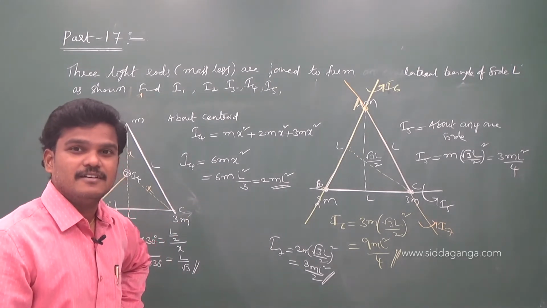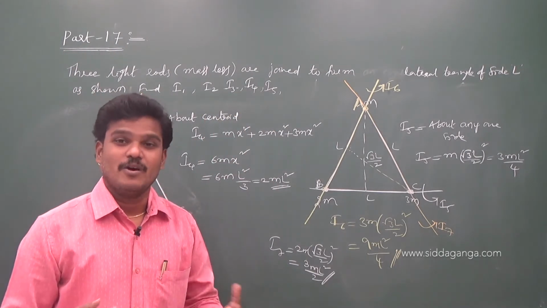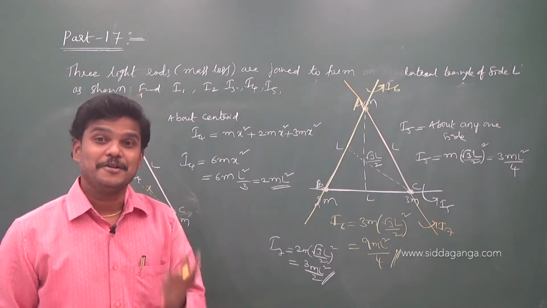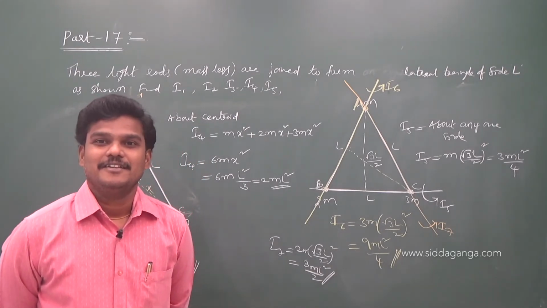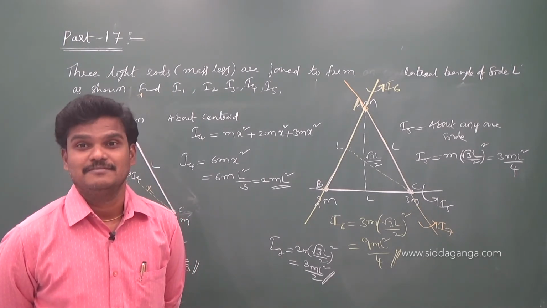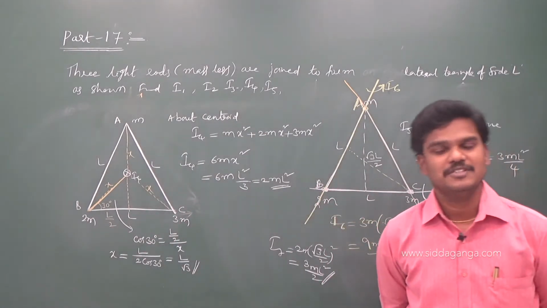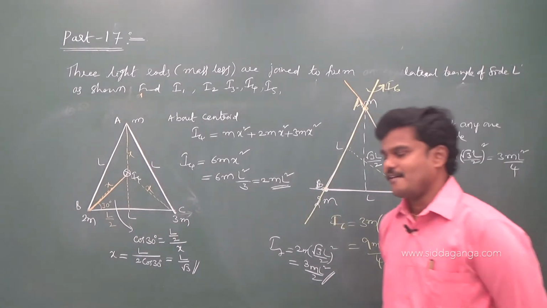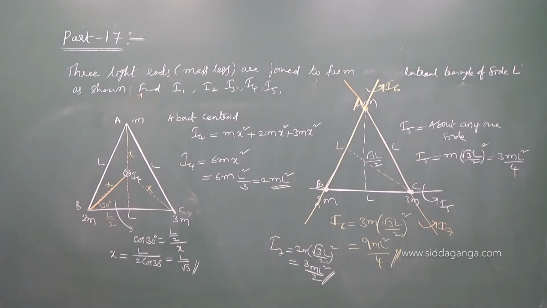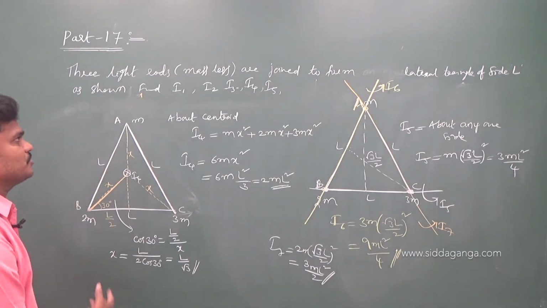If I extend, I may get 4 particles at the 4 corners of a square, 6 particles at the 6 corners of a hexagon, 8 particles at the 8 corners of a cube. Cube also very good question. Okay, first let us see the basic things. Cube also easy. In the same way, you try to find 4 particles and all. Okay, let me show you 4 particles.